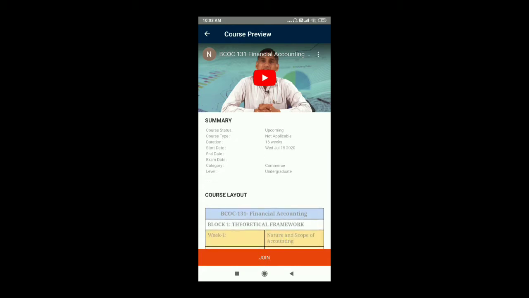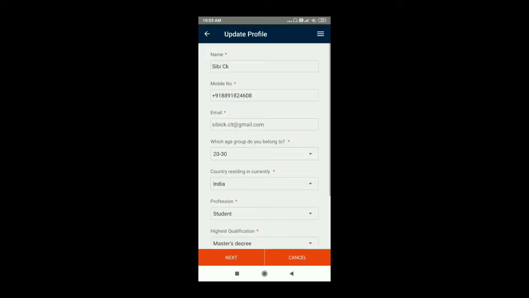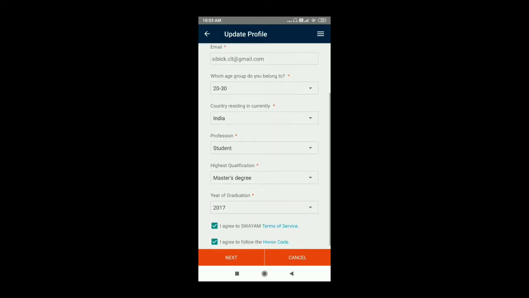If I join here, it will ask my name, phone number, email ID, which age group I belong to, country, and profession. If you are a student, you can click on student, or faculty.